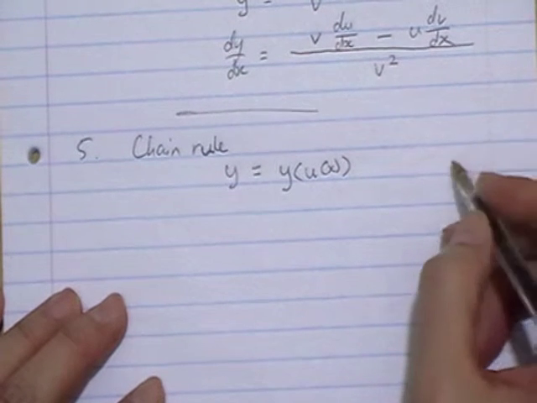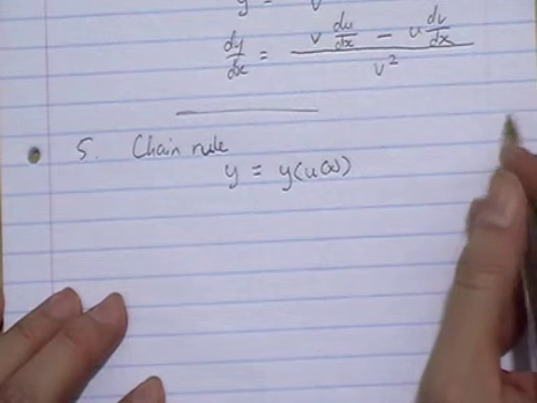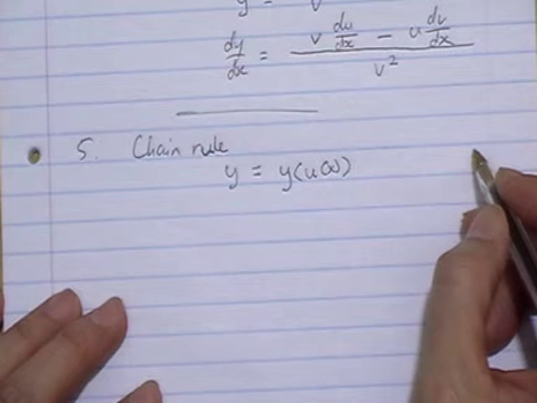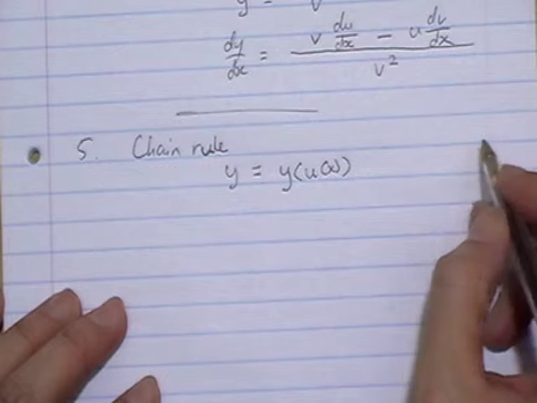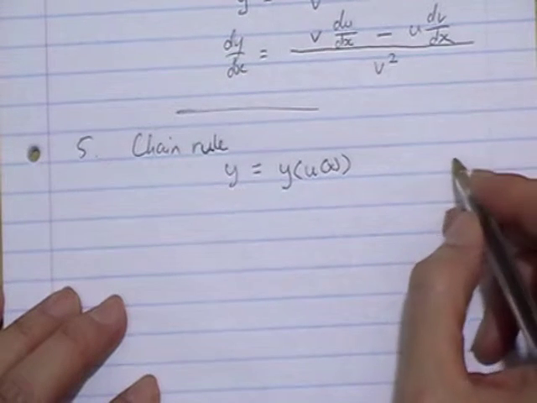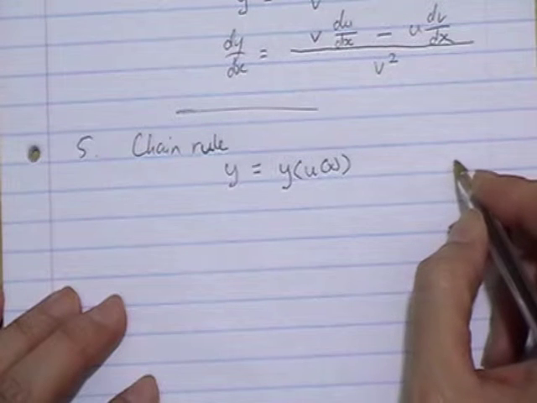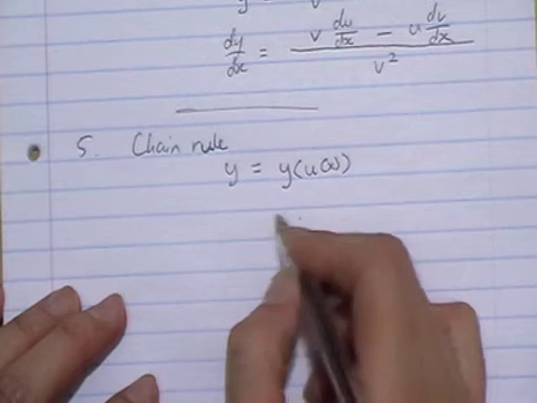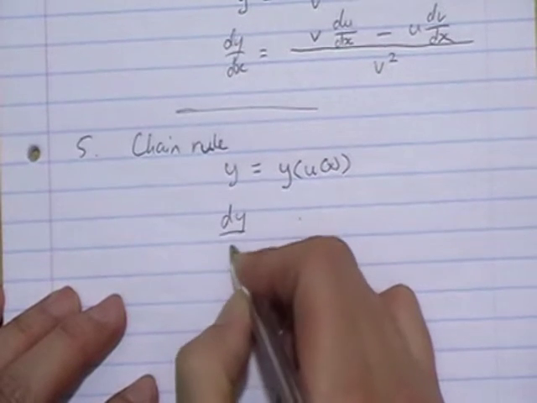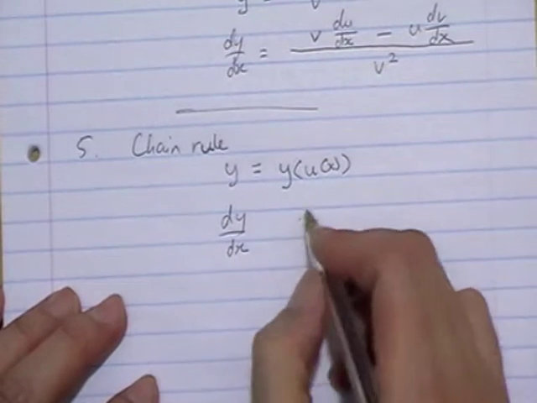If I think of y as a function of u, that means that I would want to find dy dx, and